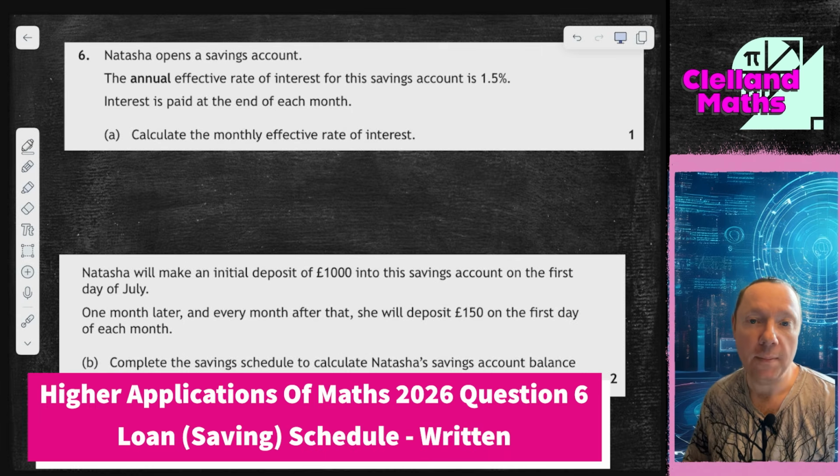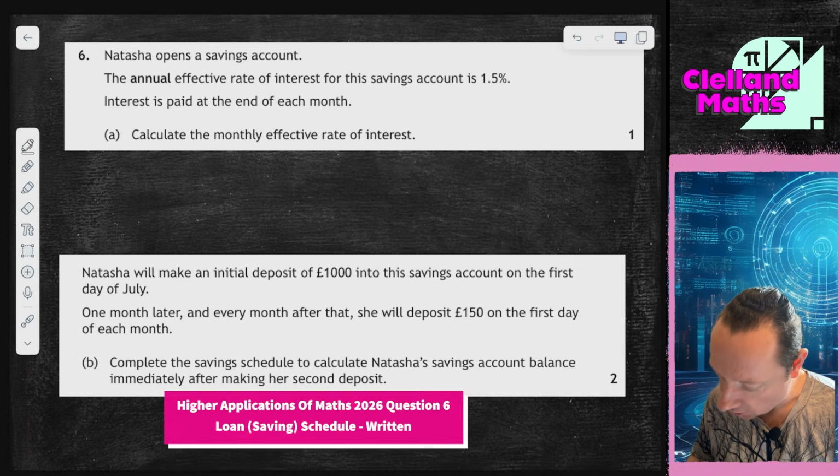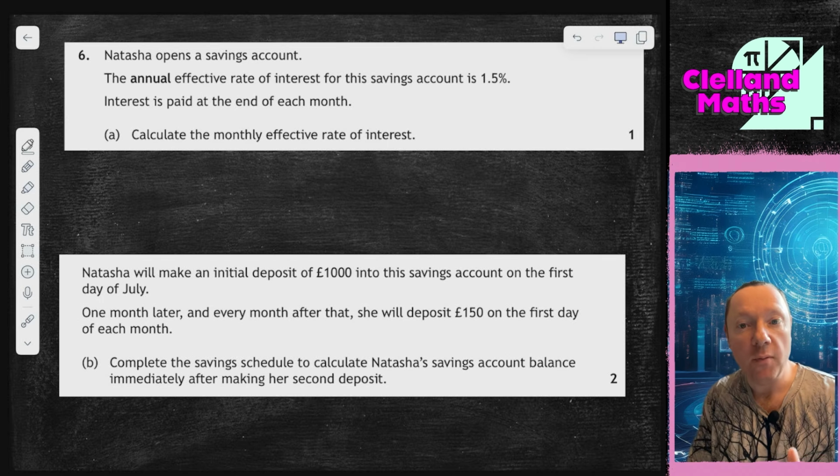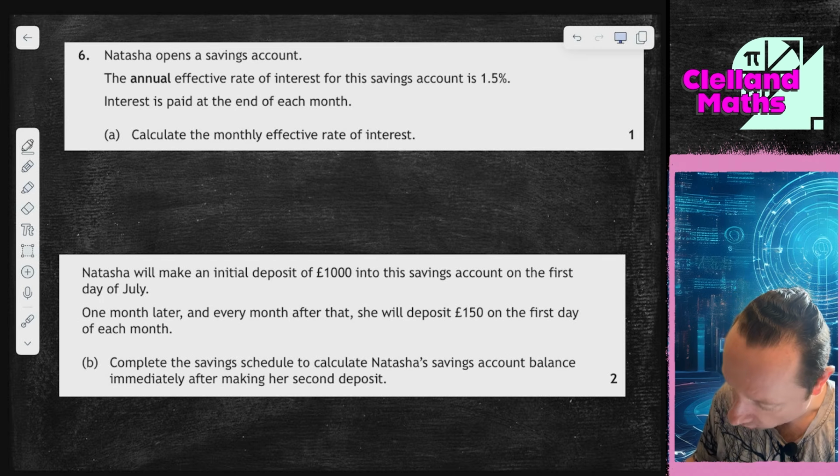Qualifications Scotland, Higher Applications Maths 2026, question 6. Natasha owns a savings account. The annual effective rate of interest is 1.5%. It's paid at the end of each month. Find the monthly rate. Remember, for monthly, you do not divide by 12. You do